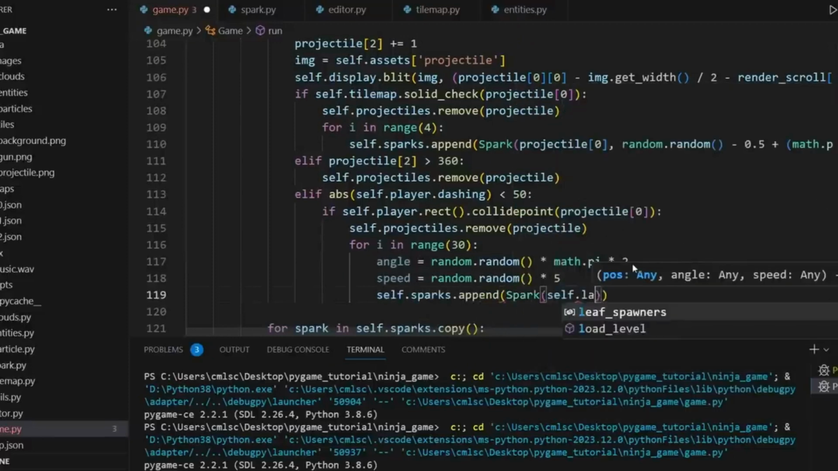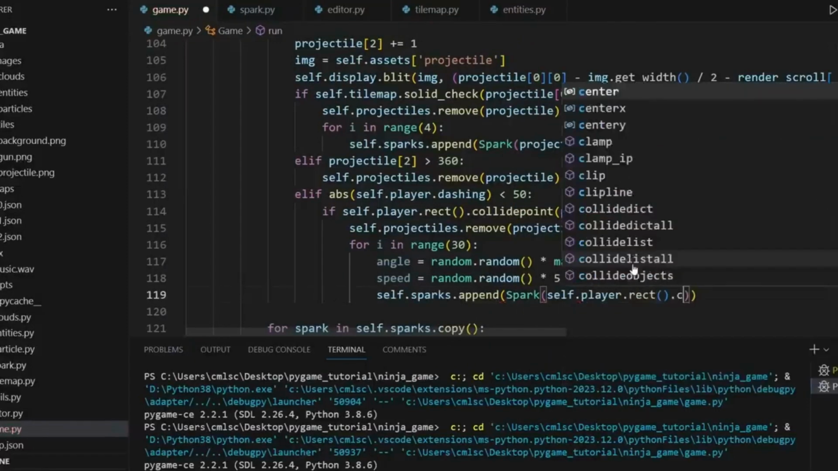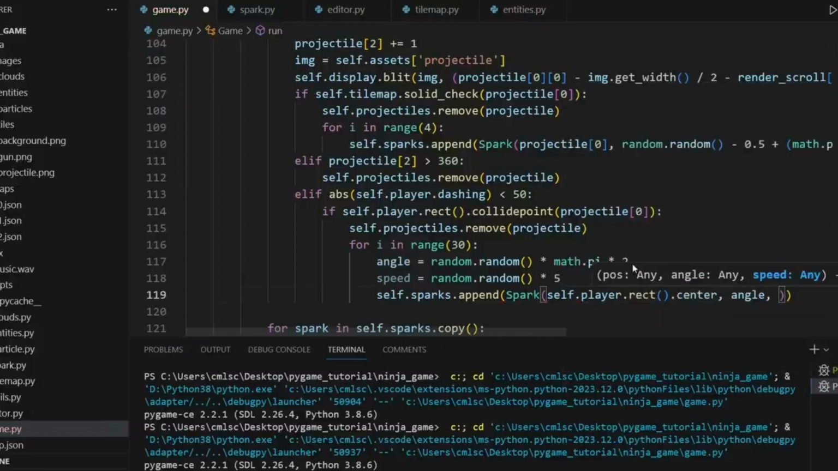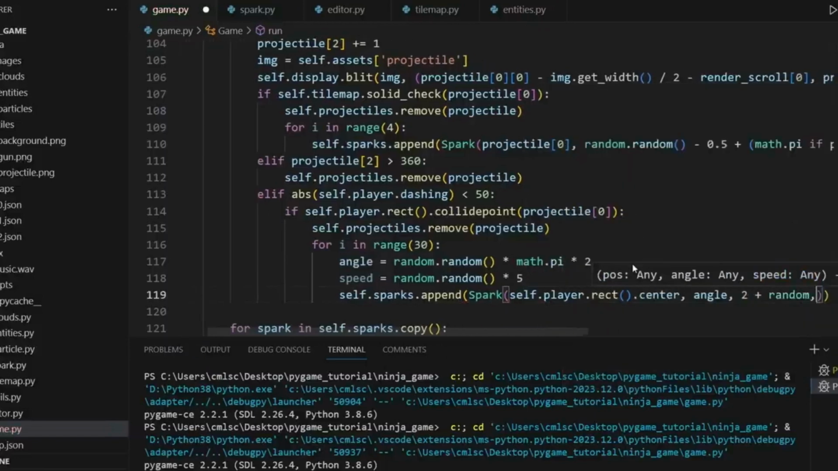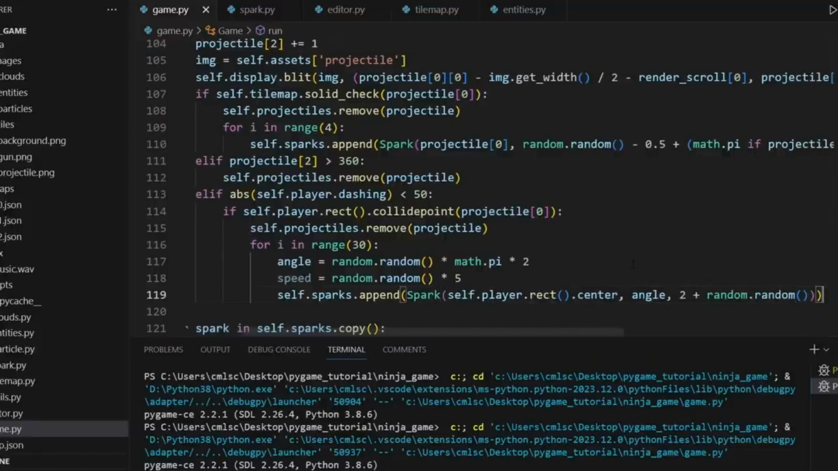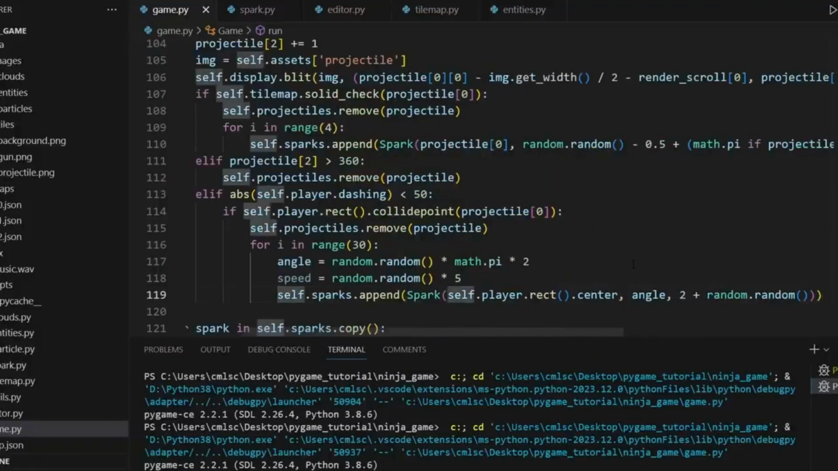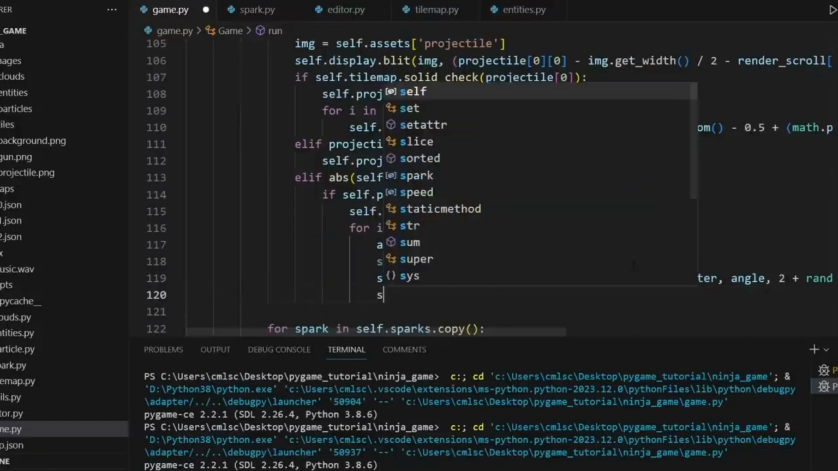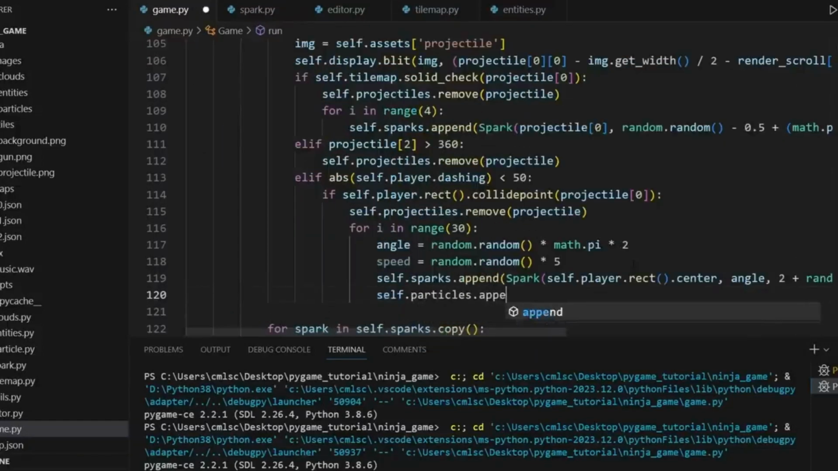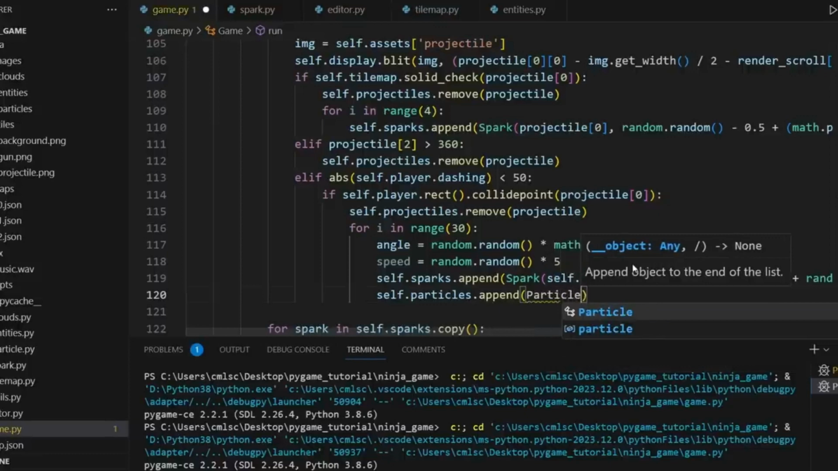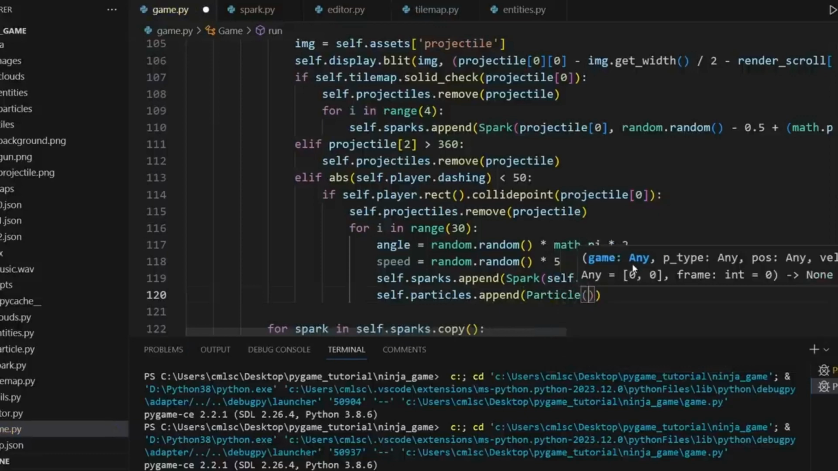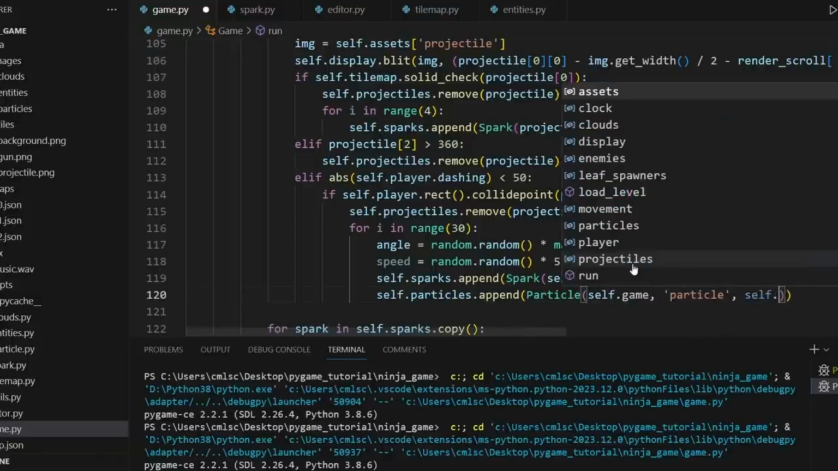And we'll say self.player.rect.center. We can give it the angle, and then 2 plus random.random. So the other thing we have to do here is not only are we adding the sparks, but we might want to add the particles. So this is the depth, so there's going to be a lot of stuff going on. You can do self.particles.append. Do we have particles in here? Yes, we do. Particle, self.game, particle, so this is a black one,